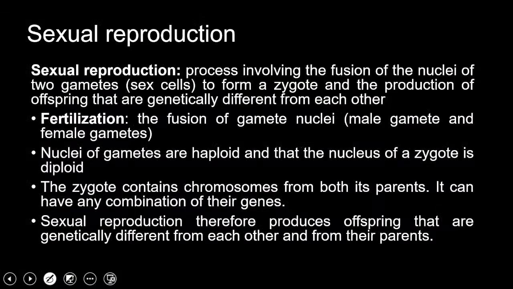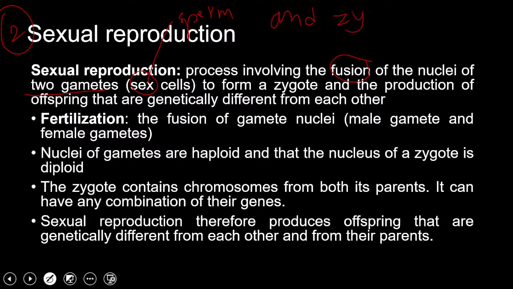Then we move on to the second type of reproduction, which is sexual reproduction. Now, sexual reproduction is a process involving the fusion of the nuclei of two gametes, which are the sex cells, the sperm and the egg, which form the zygote